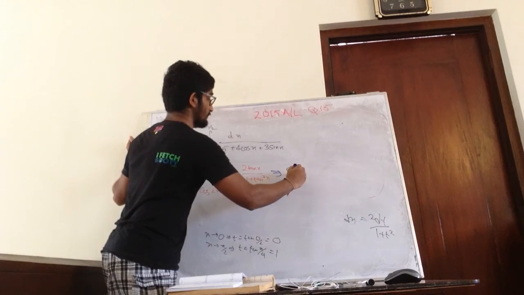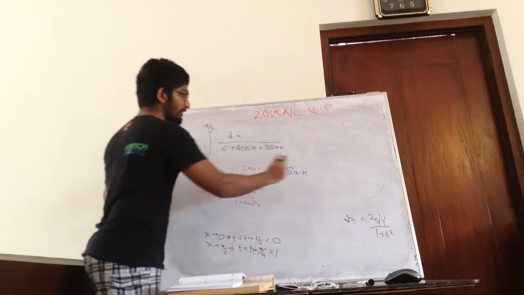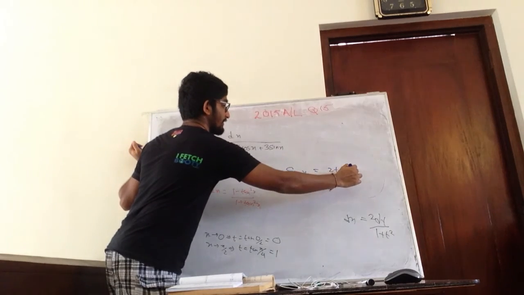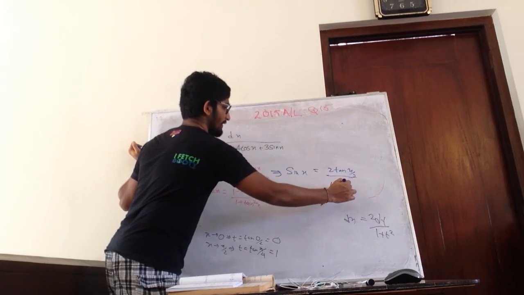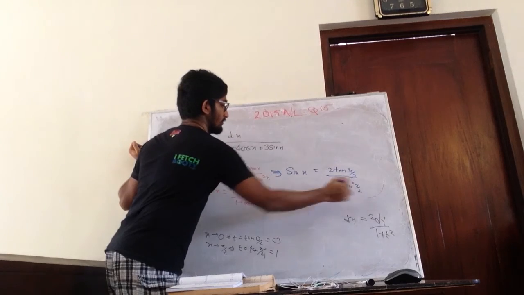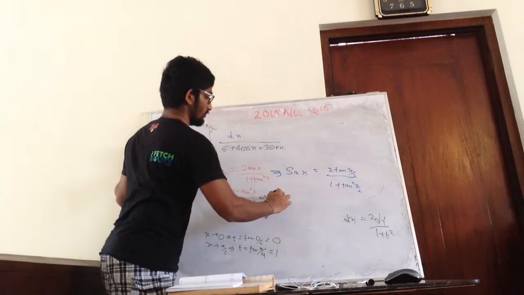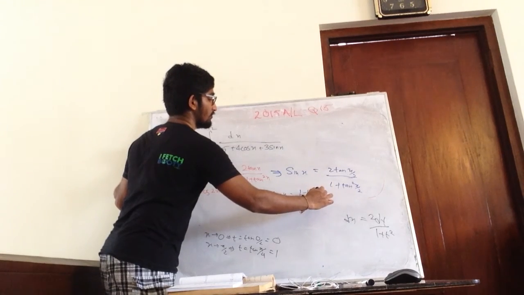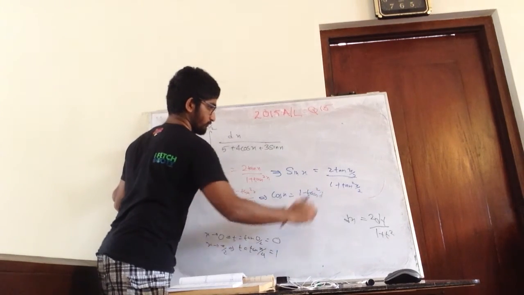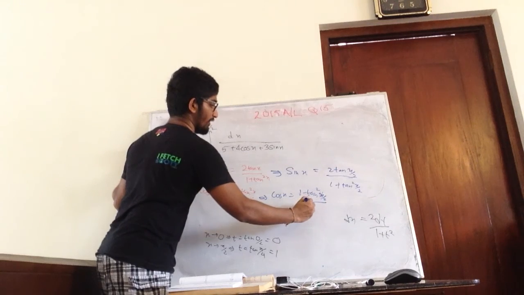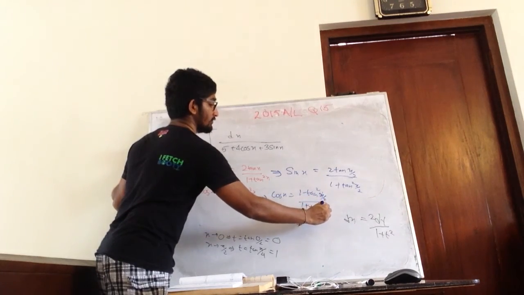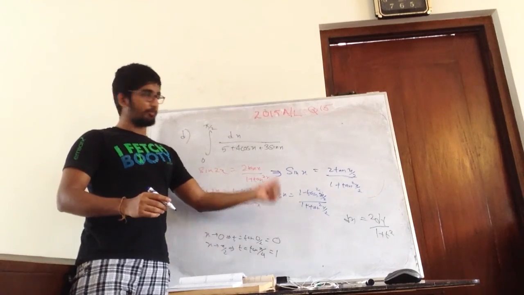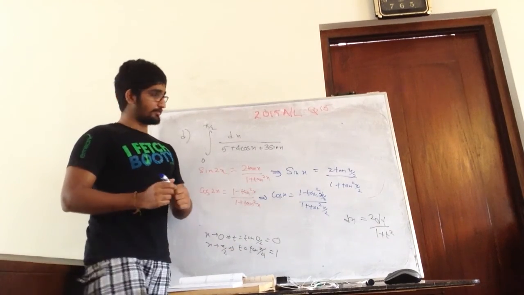So now in this scenario, this is sin x, no? So sin x can be written as, with the half angle, 2 tan of x over 2 over 1 plus tan squared of x over 2. Here cos x can be written as 1 minus tan squared of x over 2 over 1 plus tan squared of x over 2. Right, so these are important in order to find this answer.